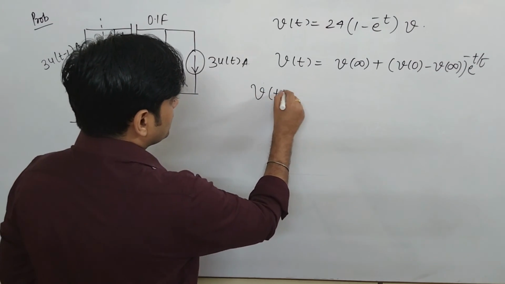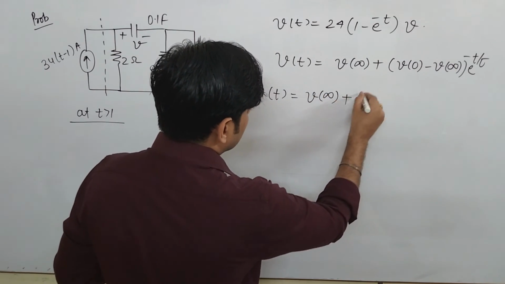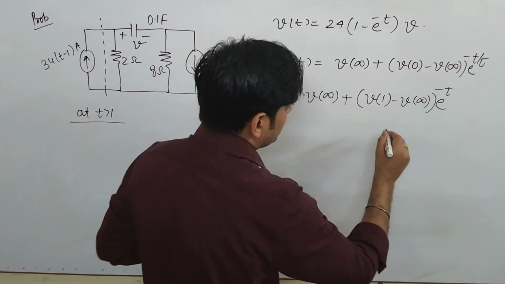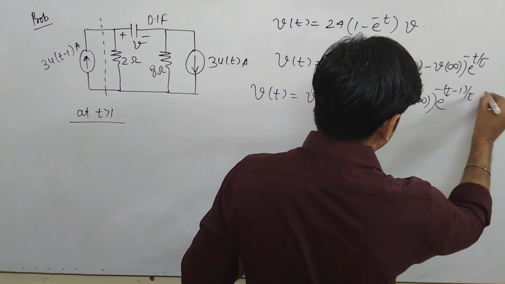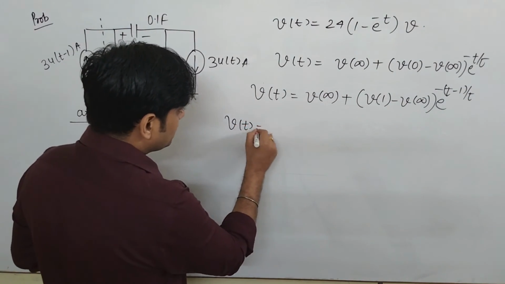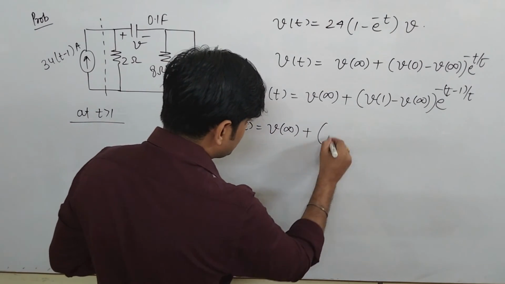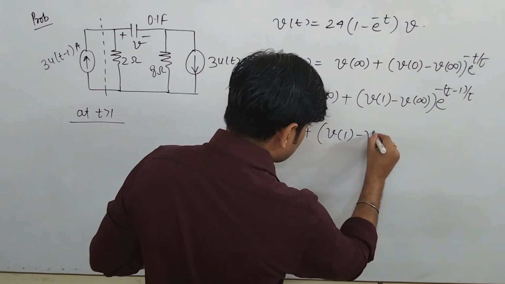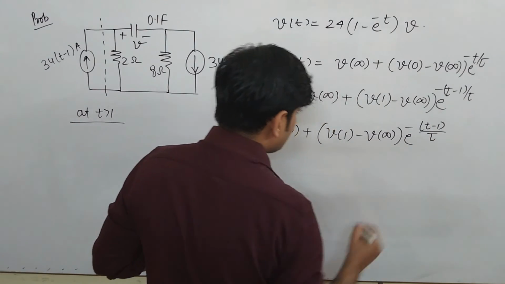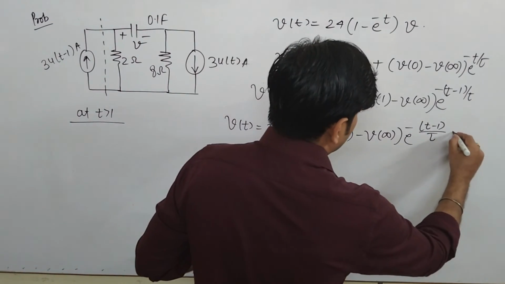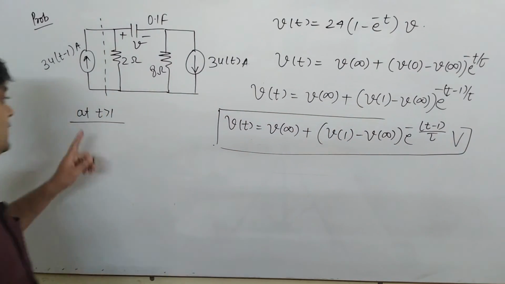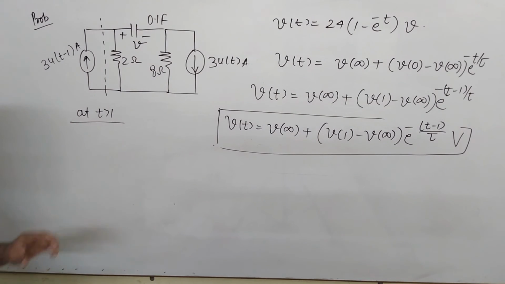So here this will remain as it is, but here the solution comes to be what? 1, because now the initial value is shifted from time t to t minus 1. So very important, your Vt will become, once again I am writing here, V infinite plus V1 minus V infinite, e to the power minus (t minus 1), because your entire time instant is shifted to t minus 1, and this is in volts. Now this will be your next solution for t greater than 1. Okay, try to understand this.